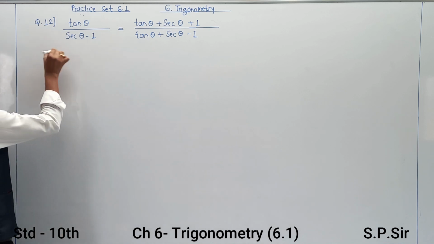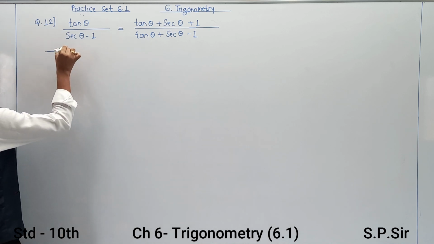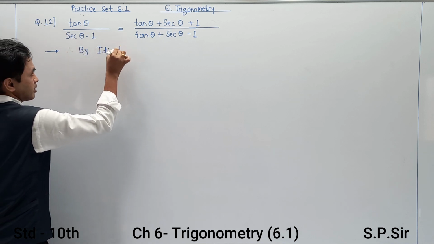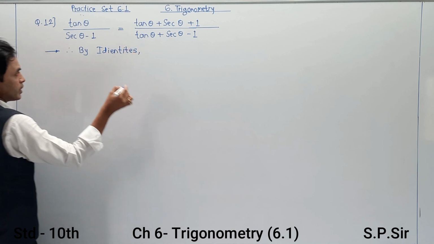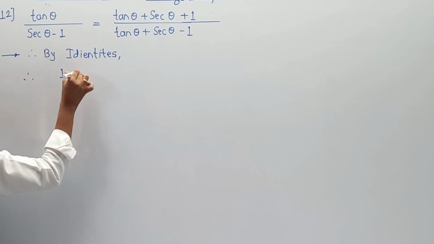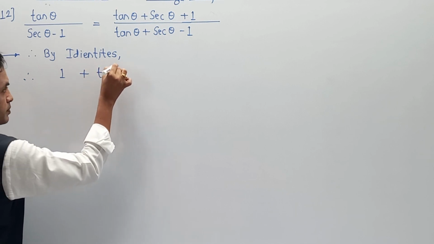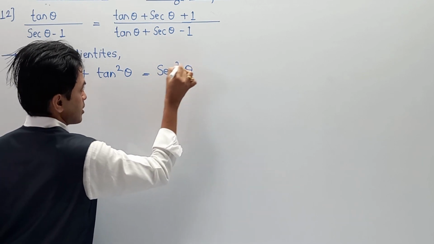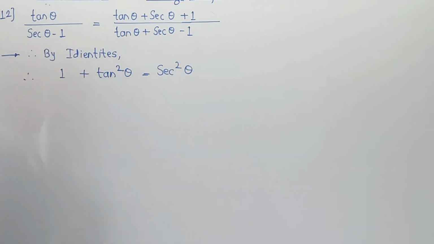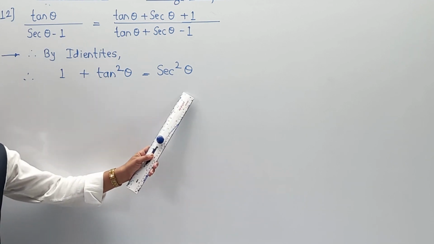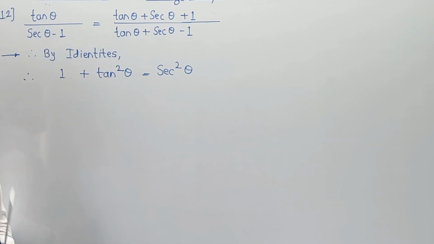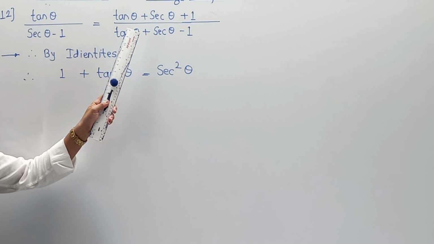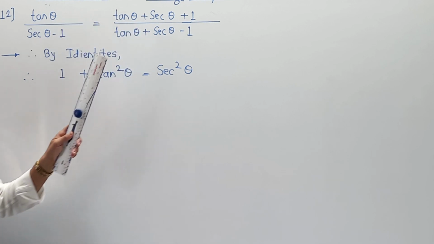So I am going to start the part over here from that proof, and the evaluation is, therefore, by identities we have 1 plus tan square theta is equal to sec square theta. Although we are able to write the property, students always get confused about how to modify this into this numerical type of conversion. Means LHS is equal to RHS.